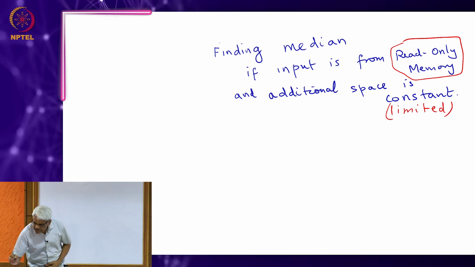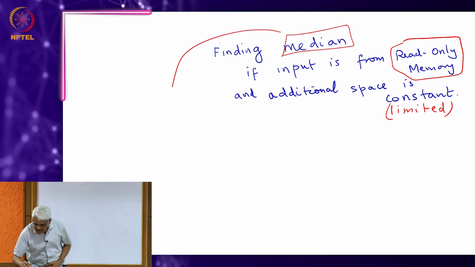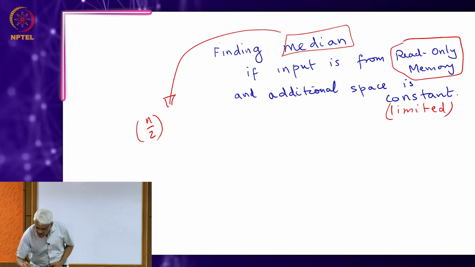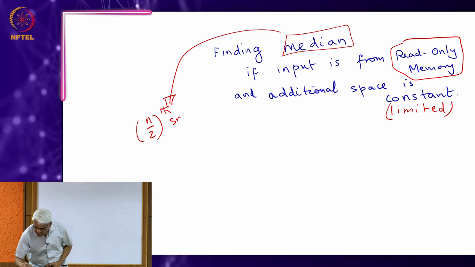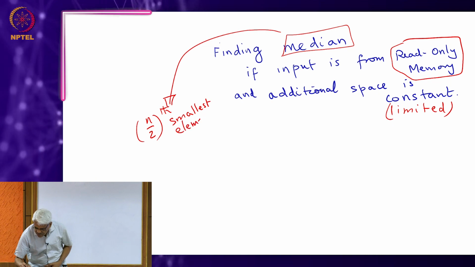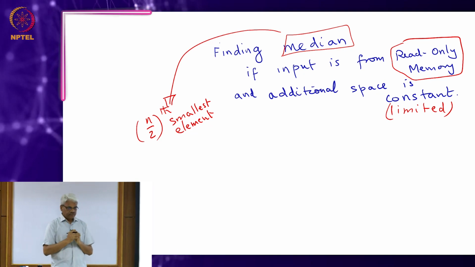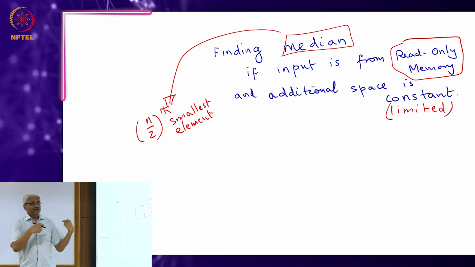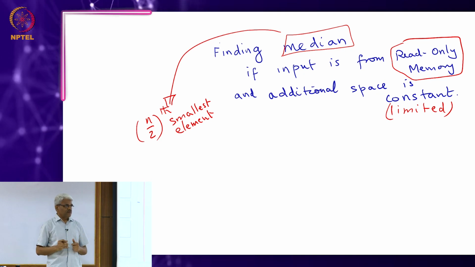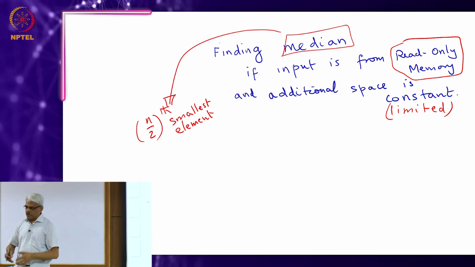So in particular, if I want the median, right? What's a median? This is the n by 2th smallest element. So in the sorted array, which will be the element in the middle? If I apply the same algorithm which we saw in the first session, you'll need some order n space, which is too much. So the question I'm asking is, I want to find the median,